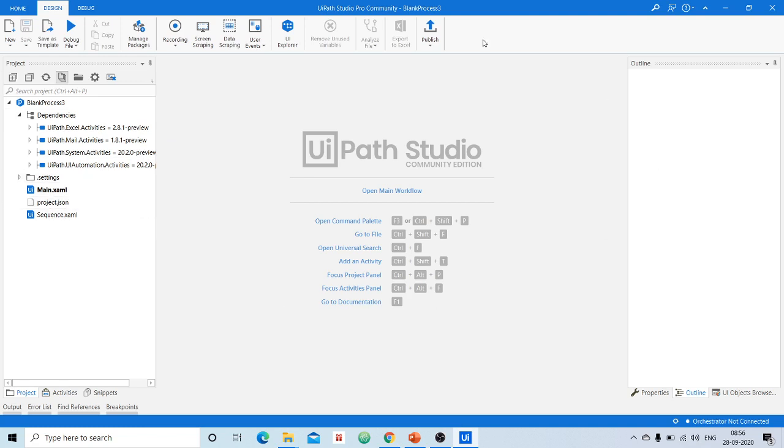Initially you will get a window like this. If you want to see the designer panel, can you see a XAML file here? This is a XAML file which has been developed by Microsoft. For the time being, understand this is used for designing purposes, to get a designer panel in UiPath Studio. Actually, XAML stands for Extensible Application Markup Language. It is an XML based language. Then double click on this XAML file.